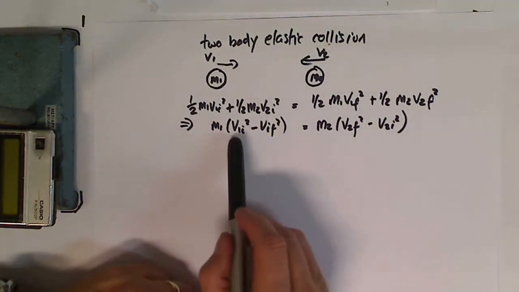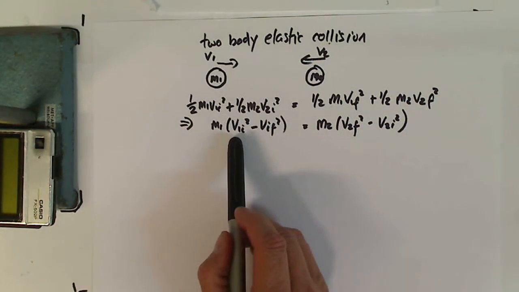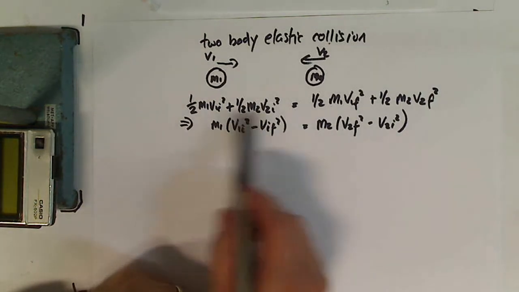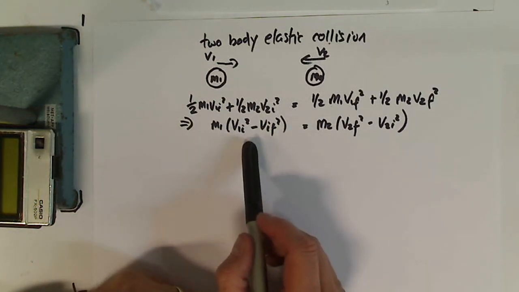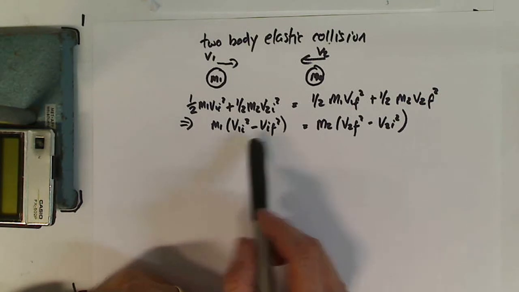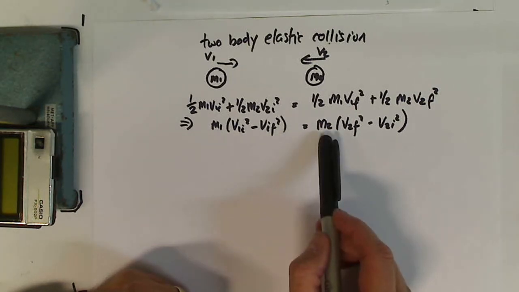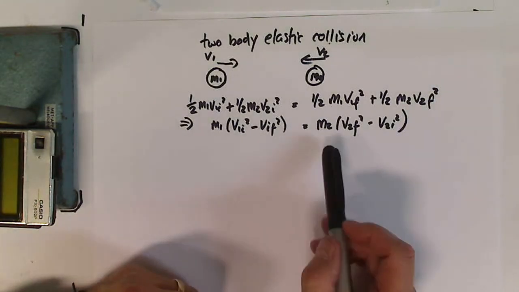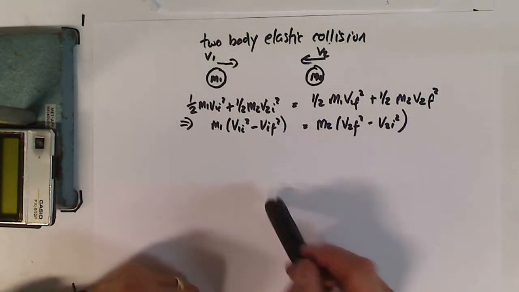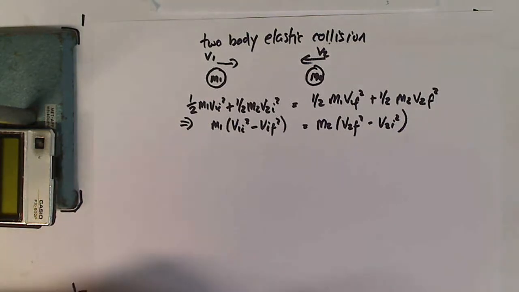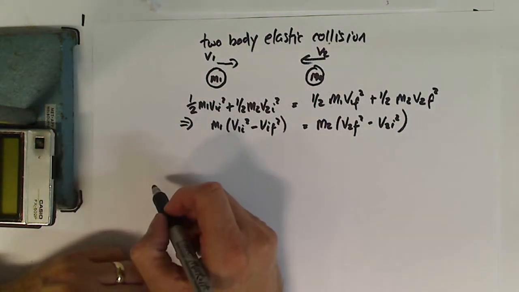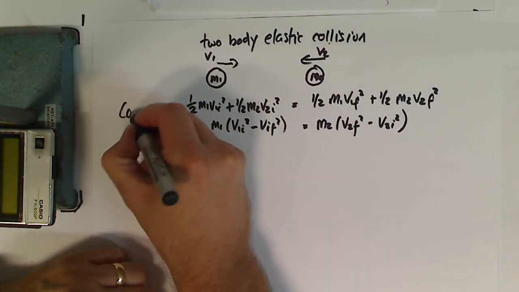We've said that the change in kinetic energy for M1 is equal to the change in kinetic energy for M2, we just cancelled out the 2's. And since they're adding together to give a constant, we would expect that. It's the same sort of thing we're going to get with conservation of momentum. So this was conservation